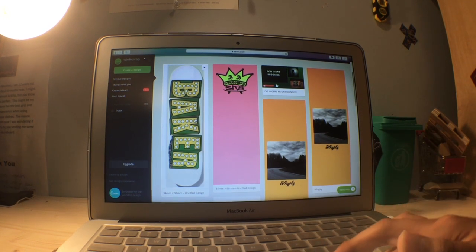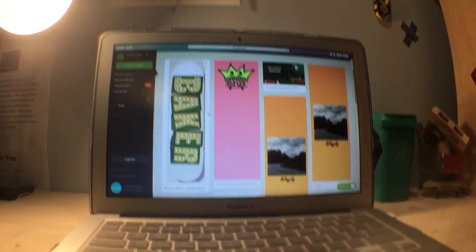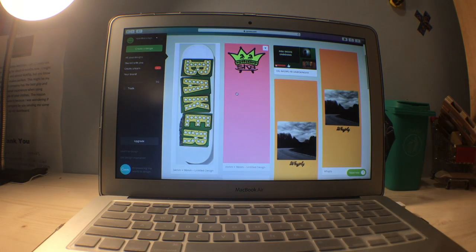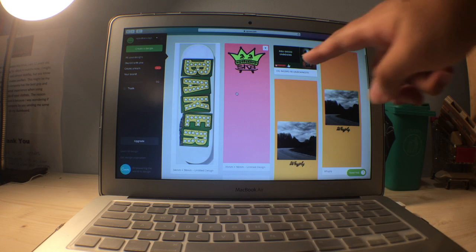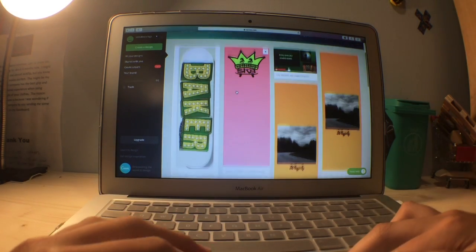So basically, the kid that I'm making this custom for, let me move the camera, sorry. The kid that I'm making this graphic for, he wants this kind of style right here, because he ordered 2 other customs and they were similar to that graphic, but now he wants it with a royal blue black background. So yeah, I'm gonna open up